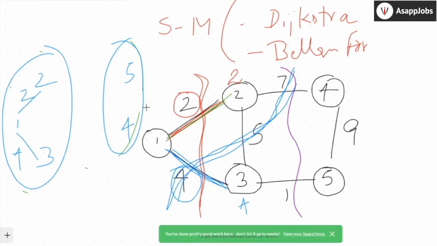You pick the minimum weight edge as the next edge to include in your graph. So here the minimum weight from 7 and 1 is 1. So you pick this edge. Once you pick this edge, now you want to reach 5 from 1. What's the weight I can reach 5? I reach 3 with a weight of 4, so I'll reach 5 with a weight of 4 plus 1, which is 5.